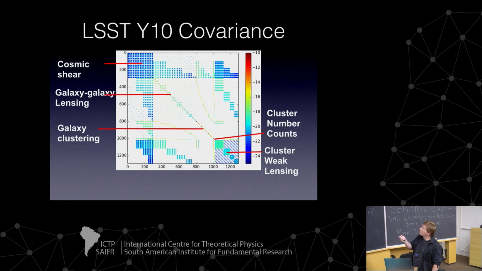And then consequently, because you have so many combinations of lens and source bin, galaxy-galaxy lensing becomes a very large fraction of the matrix as well. Galaxy cluster number counts, we only had 4 richness bins, so that is relatively small. And then again, if you use cluster weak lensing, so you take the clusters in the foreground, you combine that with the sources in the background, that again is a slightly larger part of the data vector. So computing this covariance matrix for LSST year 1 and also for LSST year 10, that was one of the